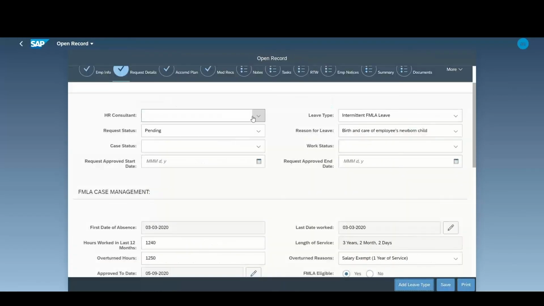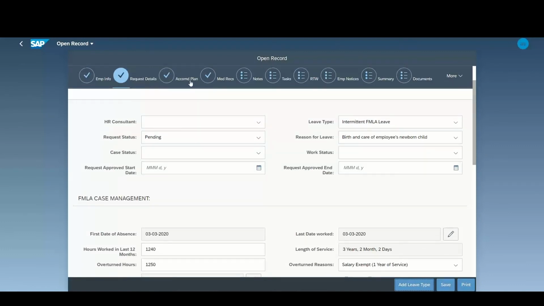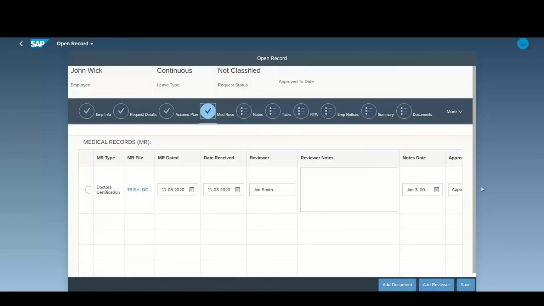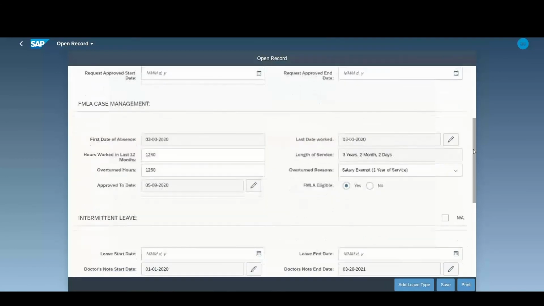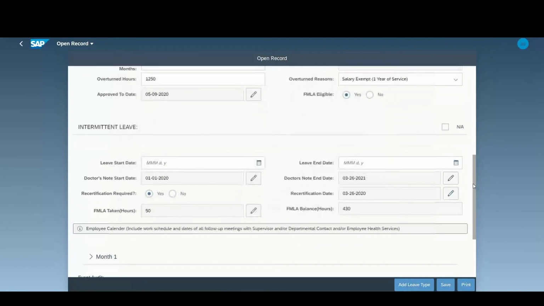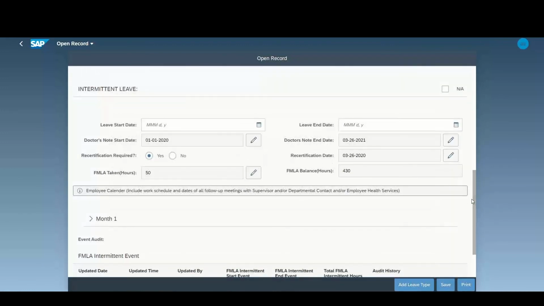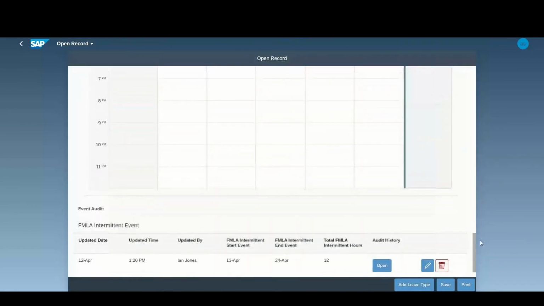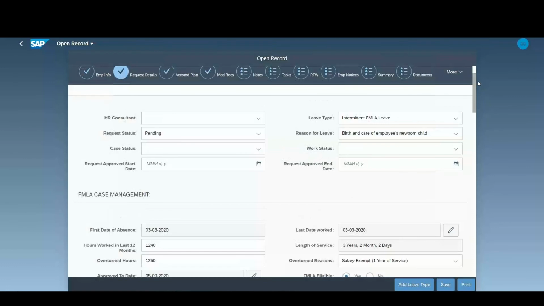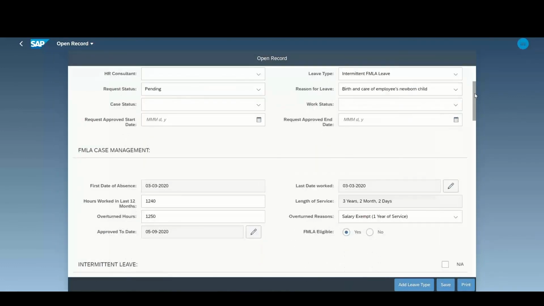Finally, for managers to process these leave requests and review those documents that the employees have attached and approve those documents, and upon approval, executing the next steps for each leave request. And it just allows you to see those dates, the start and end dates for the leave. You can have a month-over-month plan. You can update the calendar for your employees,